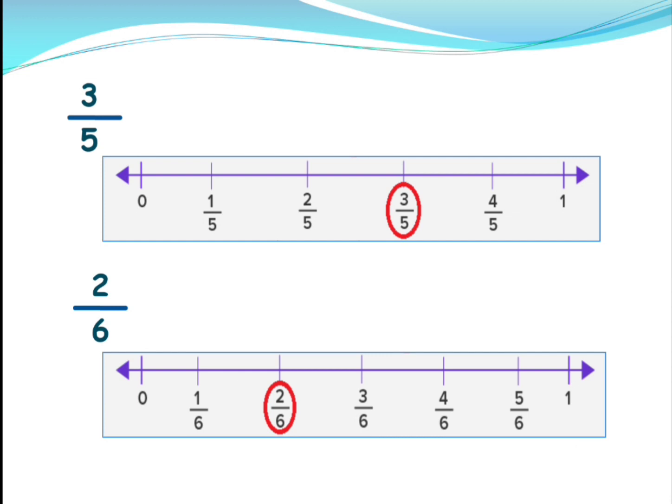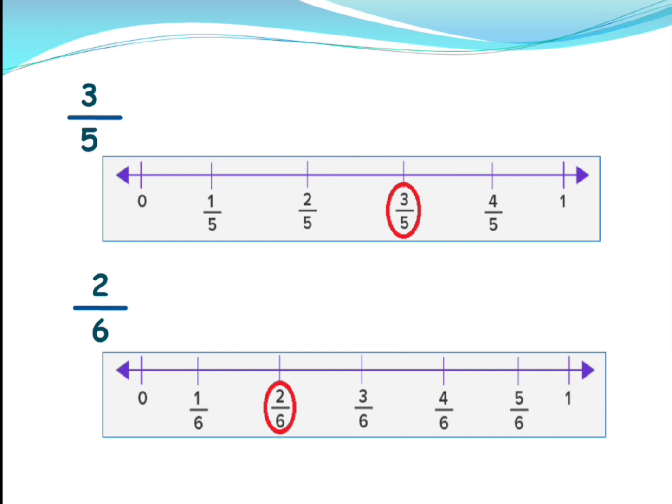So in this way you have 2 by 4 and 4 by 10. In the same way, for 2 by 4 you will make 4 parts and make the second part. And in 4 by 10 you will make 10 parts, and the fourth one will be your 4 by 10, which I have given in your daily schedule. Okay, and also you have another question here, which is they have given the number line and